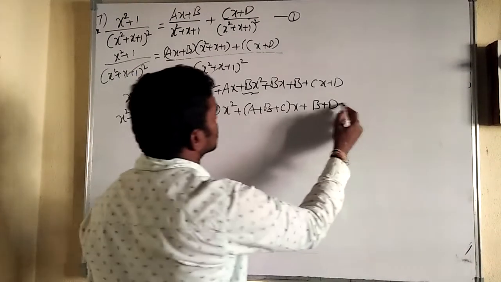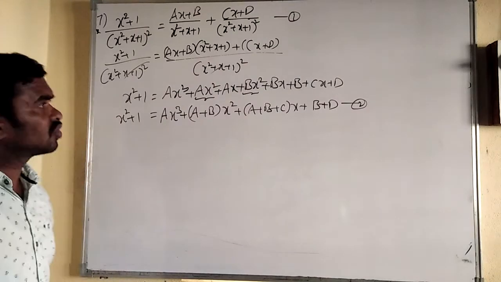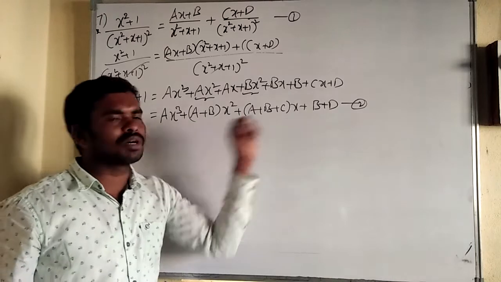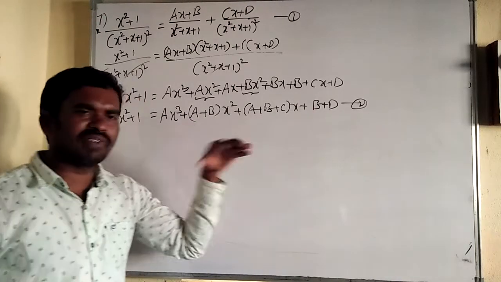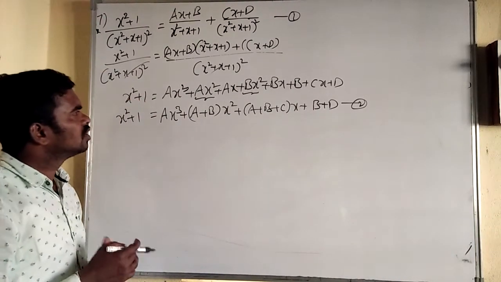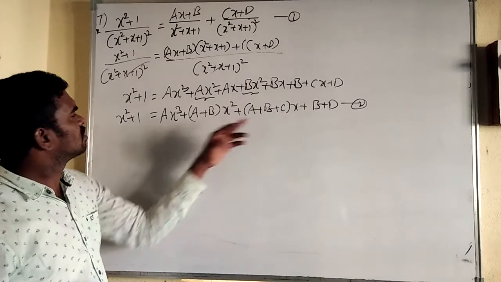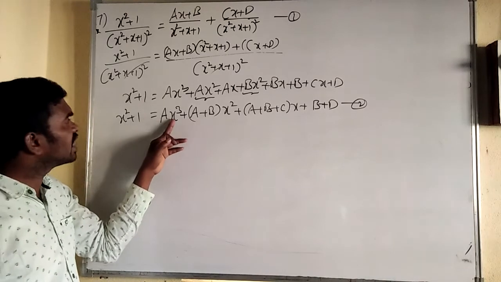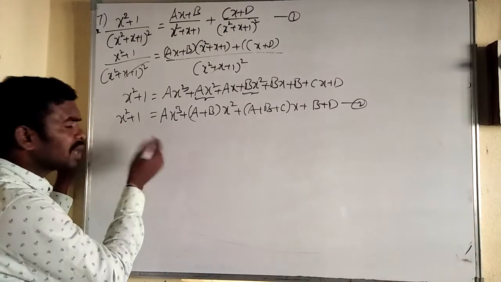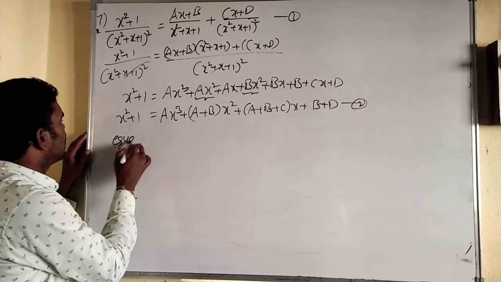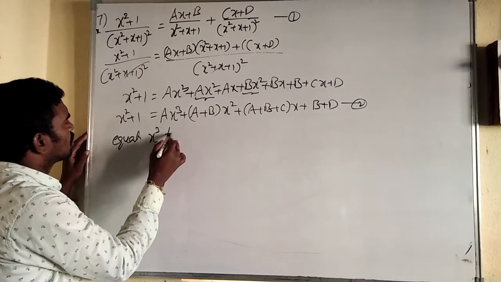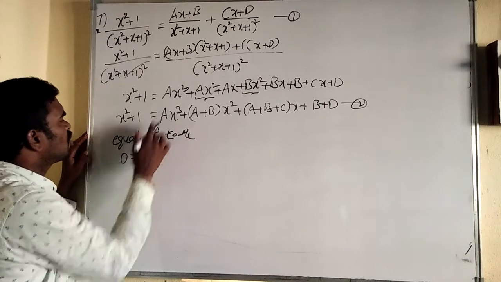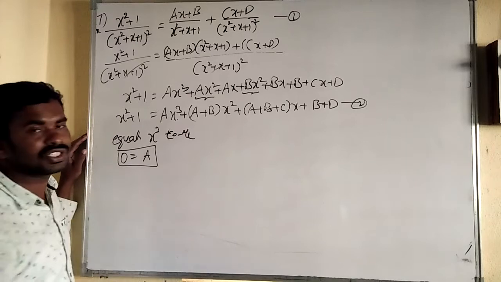So this is the second equation. How to get? See here, constant term 1 no, okay, but here constant term 2 terms are there. Okay, if it is only one term, we can get the answer. Then how? Next, coefficient of x, 3 terms are there. So single term only x cube is there. Yeah. So equating x cube terms first of all. Equating x cube coefficient. Then here x cube coefficient nothing, 0. Here x cube coefficient only a. So we got it, a value is 0.